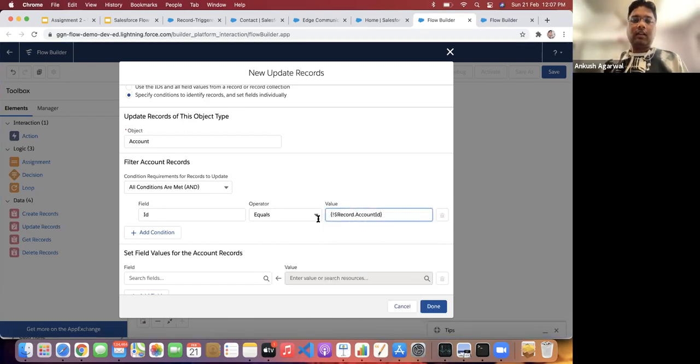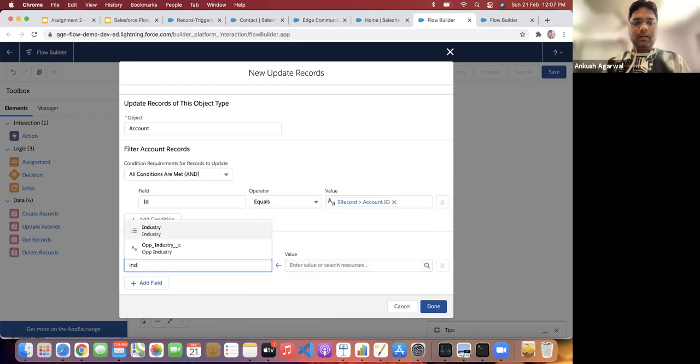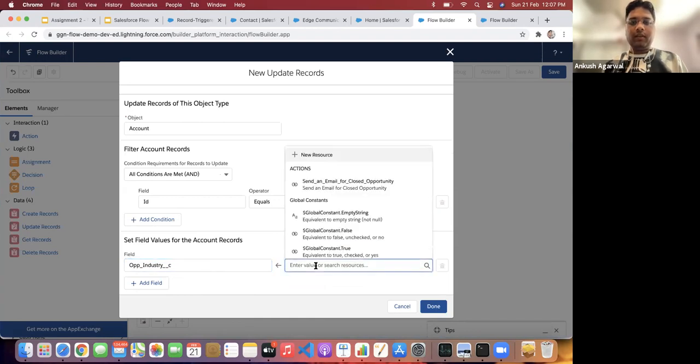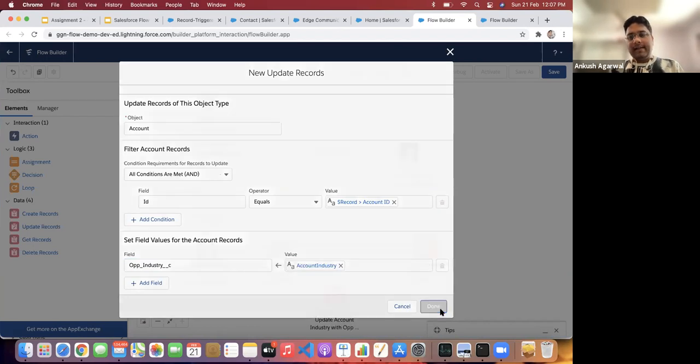So I'm selecting this account ID, and I just want to update industry. This opportunity industry should be updated with account industry, the variable we just created for this flow. So I'm just updating it with it.